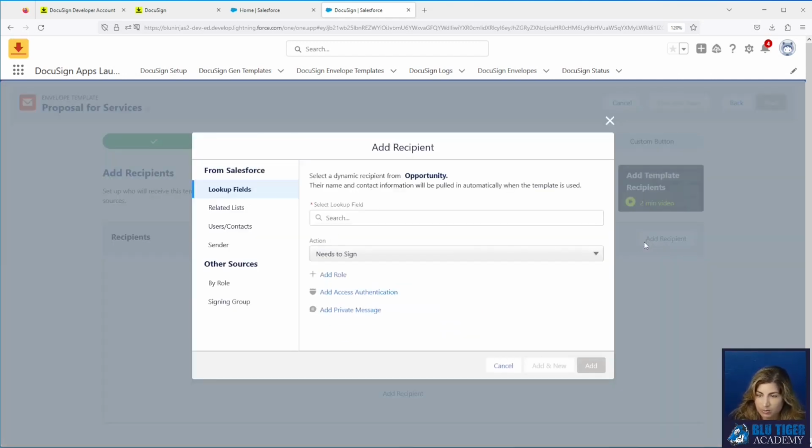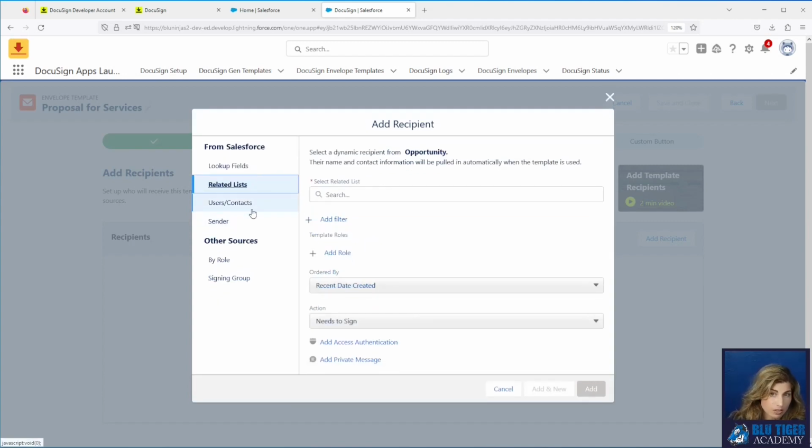We will click Add Recipient, and then we can use a lookup field on the opportunity. We actually do have a primary contact lookup field, and you can also use your opportunity contact roles to filter from as well.